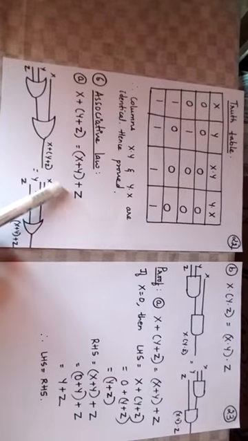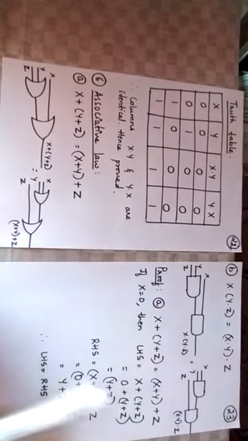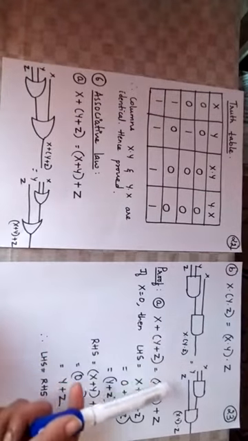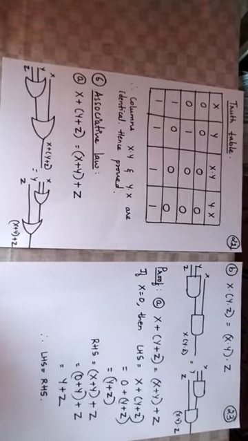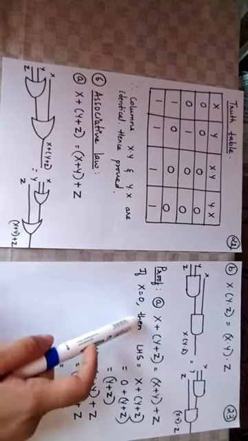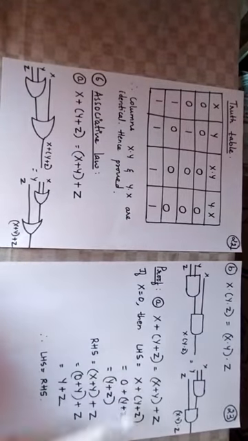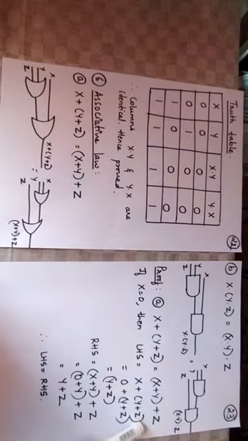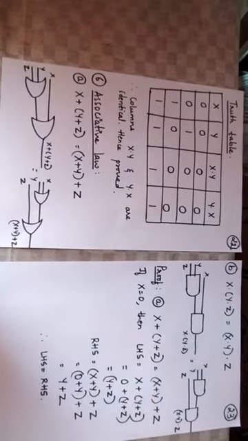Let us take the first associative law with OR operation. It says x plus (y plus z) equals (x plus y) plus z, changing the parenthesis places. Tick. If x equals 0, then what is the left hand side? X plus (y plus z). Y plus z is within the parenthesis. You replace the value of x with 0. So it says 0 plus y plus z. So 0 plus (y plus z) results in y plus z. The reason is properties of zeros and ones.